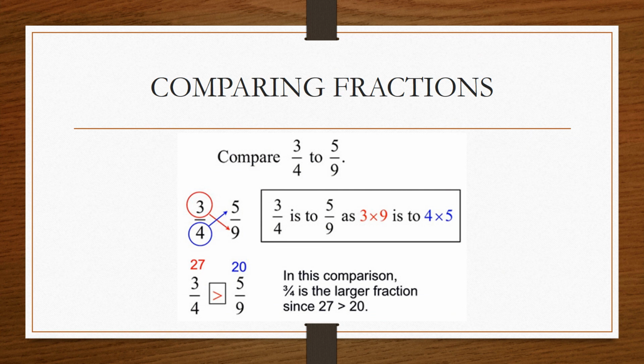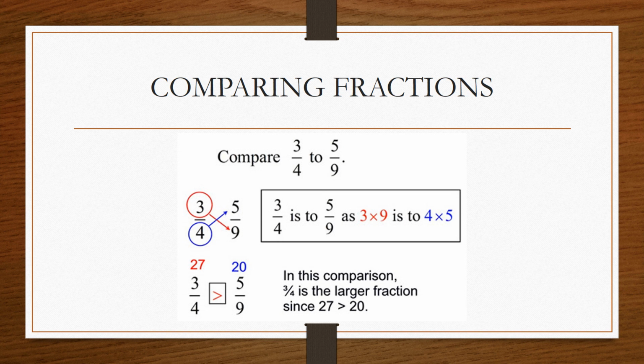Another method is comparing fractions by cross multiplication. Now here you can see the example shown by cross multiplication, 3 by 4 and 5 by 9. Now for 3 by 4 you have to cross multiply. So the left side numerator will be multiplied with the right side denominator, and the right side numerator will be multiplied with the left